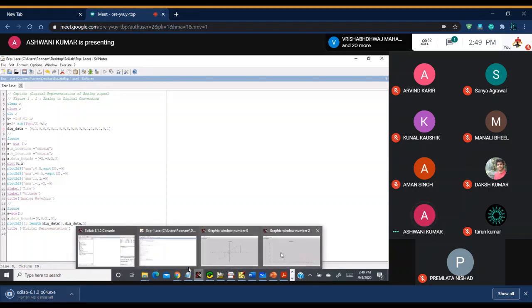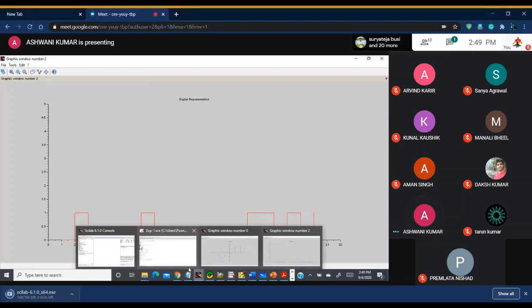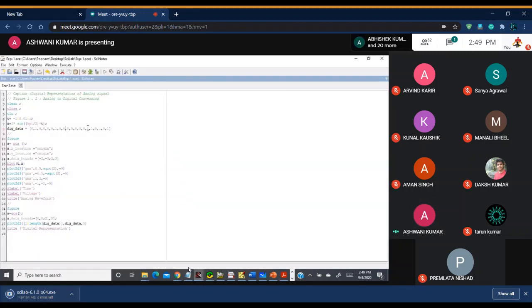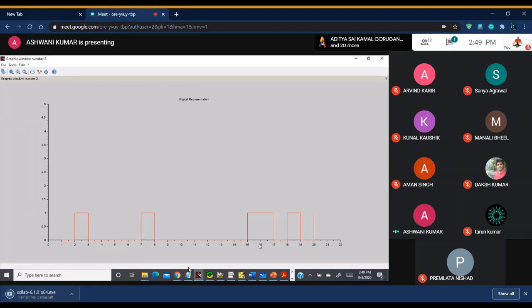So you can see whatever code you assign as the digital signal, you are getting it here. Here you can see 1 2 3 4 5 6 7 zeros. Then after those 7 zeros, you can see the continuous 1 1 1 1. You can see the pulse width is twice, 15 to 16 is 1, 16 to 17 is 1. Whatever code you assign, you first generate the pulse sample signal, and then you can assign this. So we can do experiments like this.